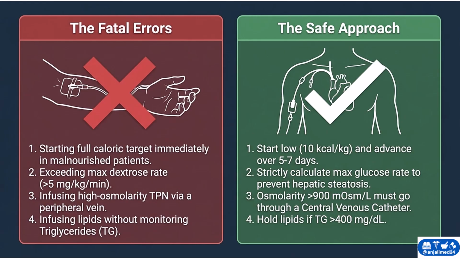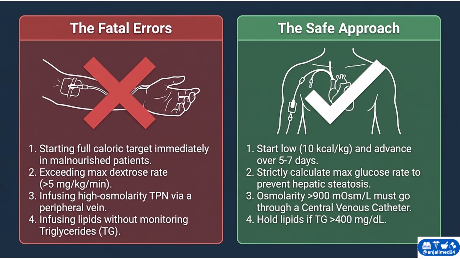The fatal errors and the safe approach. One of the biggest challenges in parenteral nutrition is avoiding the preventable mistakes that can lead to serious complications. The first fatal error is starting full calorie TPN immediately in a severely malnourished patient. This dramatically increases the risk of refeeding syndrome. Instead, begin at 10 kilocalories per kilogram per day and gradually increase the calories over 5 to 7 days while